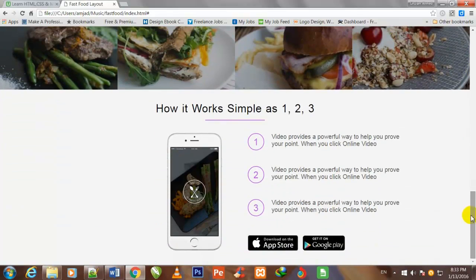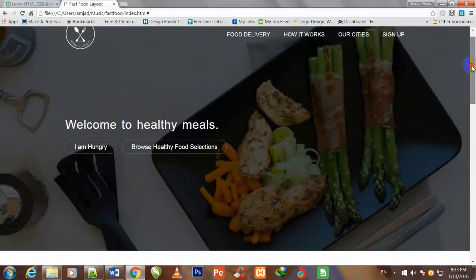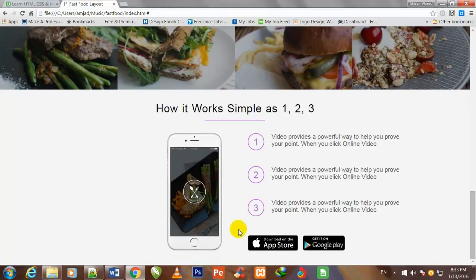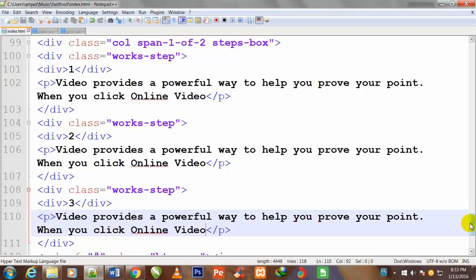So now friend, we have to make one more section in our index.html web page, which will be under this section, to bring some more classes, and I will show you how I will work on it.